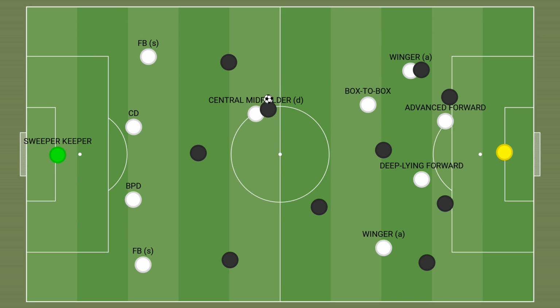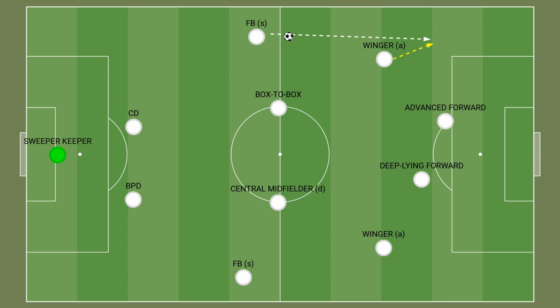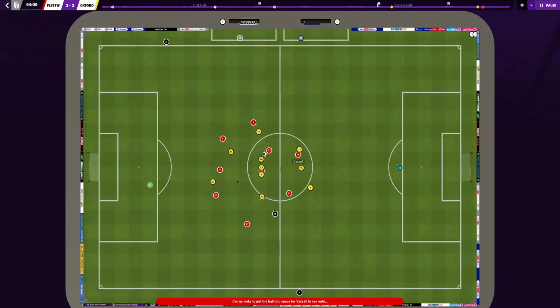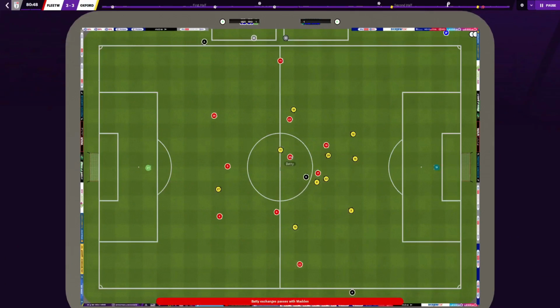The fullbacks also have a similar job in trying to keep a defensive shape. They will be supporting the midfield and wingers rather than overlapping and hitting the byline. The 4-2-4 will come with some obvious weaknesses, such as a gap between the wider players if the attacking wingers are caught too high, and we could be overrun in the midfield when playing against a 4-3-3, for example,